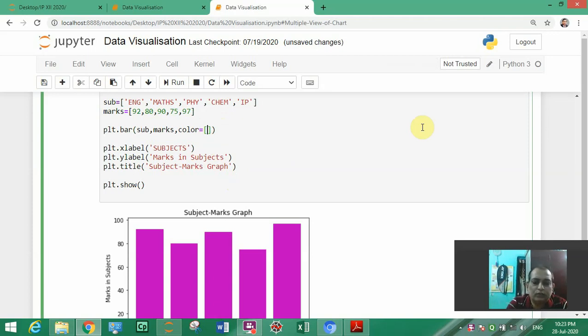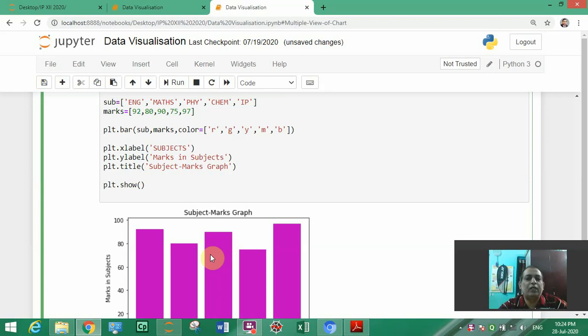So color code will be same, red first bar, second bar green, third bar yellow, fourth bar magenta, fifth bar blue.